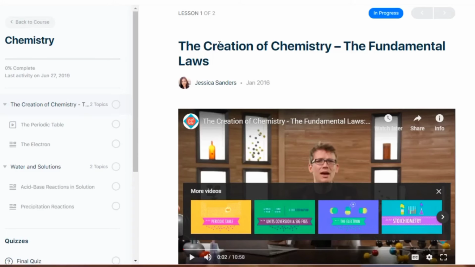Right here is inside of the chemistry course. As you can see, these are sections, and these sections are basically what we call lessons. And underneath the lessons, these right here are topics. So we've got the course, we've got lessons, and then we've got topics.